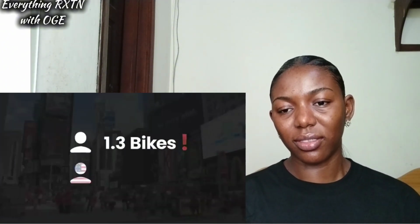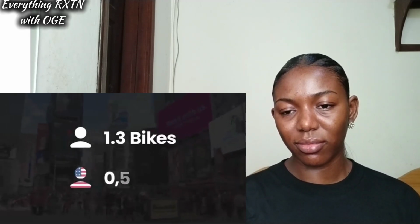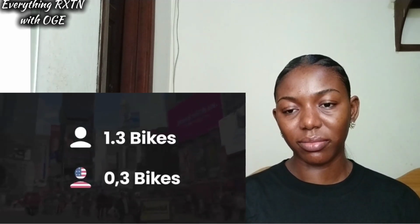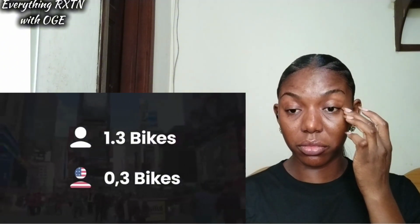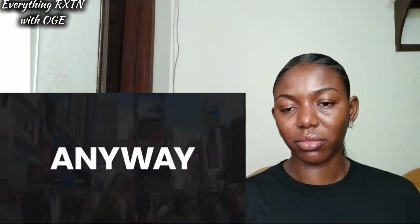Wow. That's absolutely insane. That's a lot. I mean, what would the bike per capita be in the United States? Maybe 0.5? What? It's 0.3. That would mean if you met an American, there is a greater chance they're obese than them owning a bicycle. Mad. Anyway, when you combine the Netherlands' bike infrastructure with its amazing public transport, you get a ridiculously smooth and